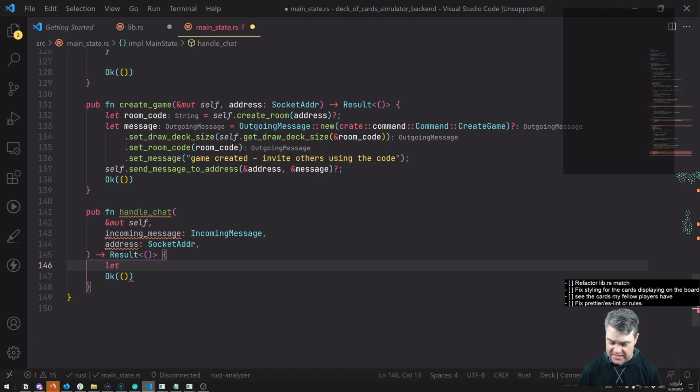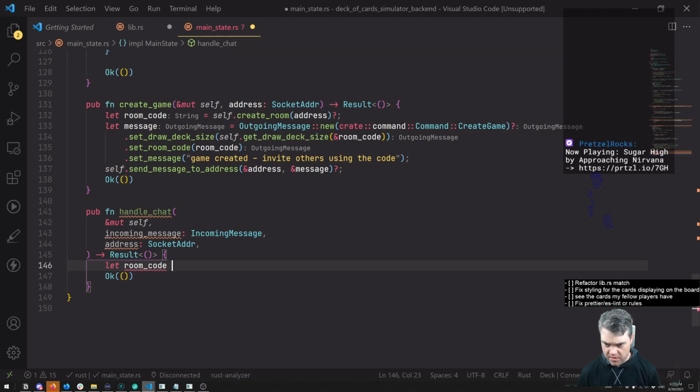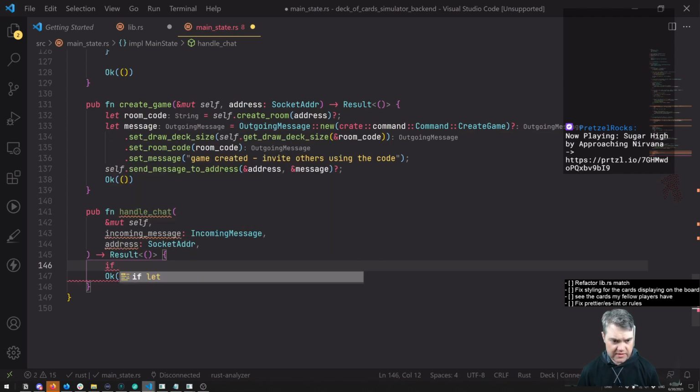I think that's the big thing. We have to validate the room code is correct. So let code, if that's in the incoming message, so if